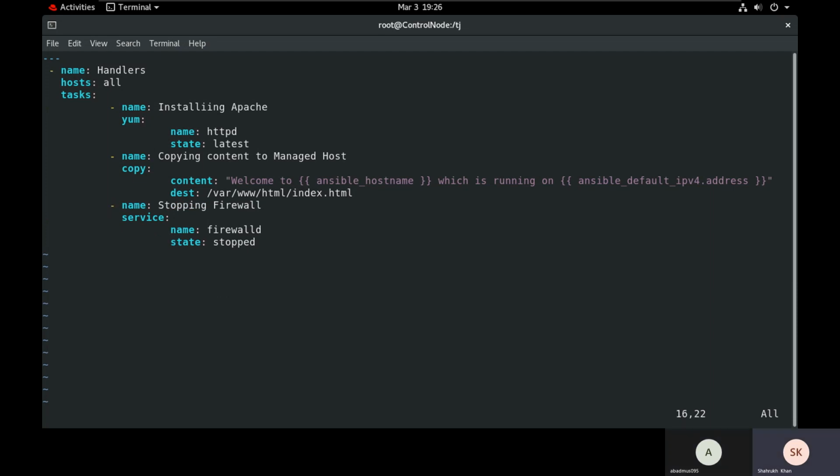And at the bottom of the playbook, just under the tasks parameter, we will write handlers and in